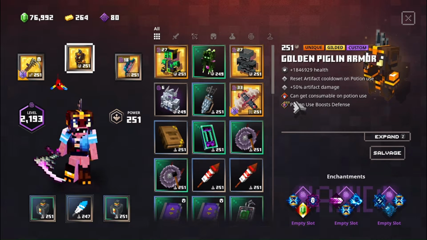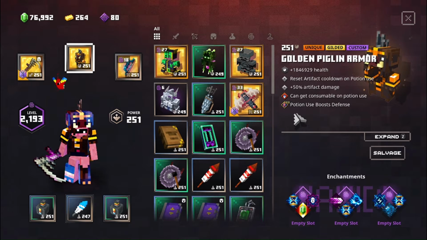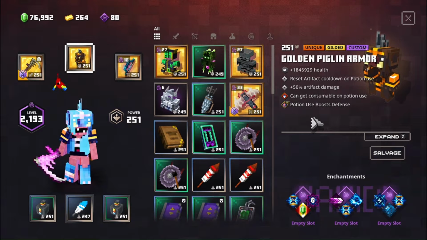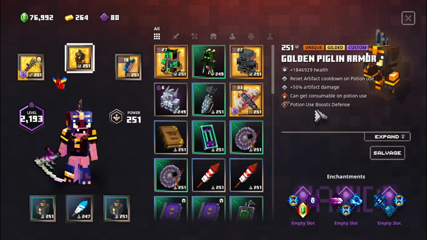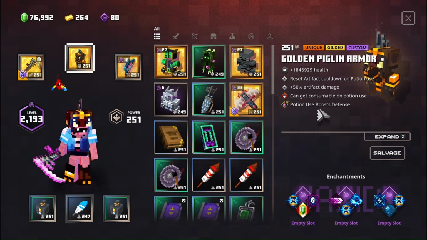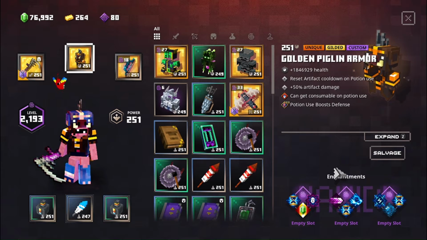Now when I was farming, I got this one and it came with potion barrier, which is one of the enchants that you can use on the build, and it's pretty good as we're going to use a lot of potions. It adds a lot of defense, hopefully letting us survive more. So as you can tell, I've left all of the enchantments unenchanted, and there's a reason for that. We can start by